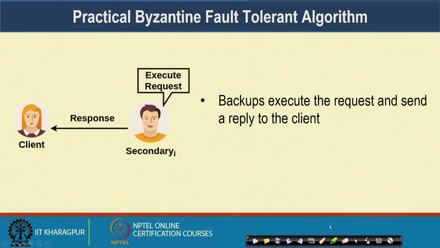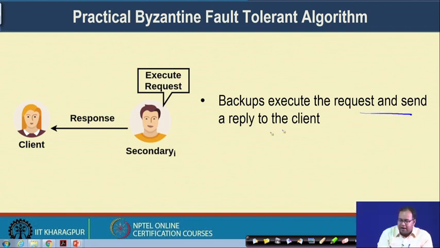Similarly, from the blockchain perspective, if all the replicas decide that the current transaction is a valid transaction, then it sends a success or commit message to the client, otherwise it will send a failure message to the client. So, the backups execute the request and accordingly send a reply to the client.